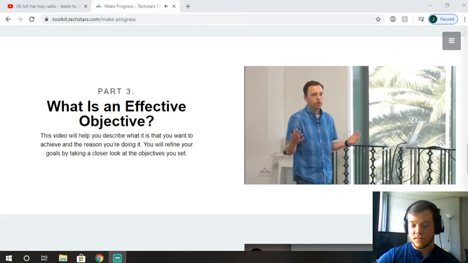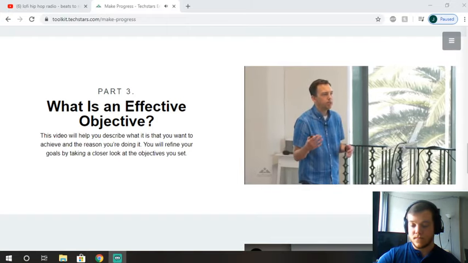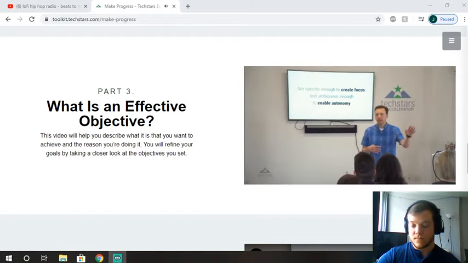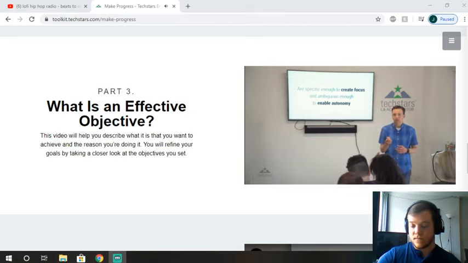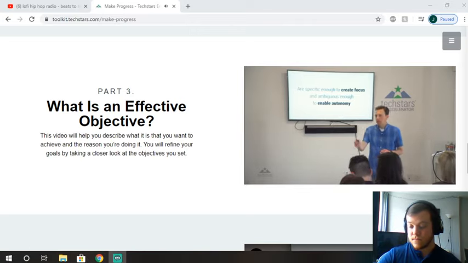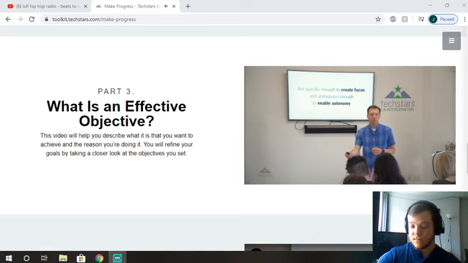So creating focus, you could have an objective which is go make magic with the marketing campaign. That's not specific enough to create focus. And you also don't want to say, run these 2 campaigns exactly this way, because that's too specific to create autonomy.